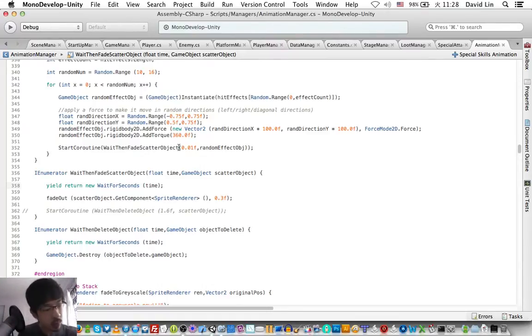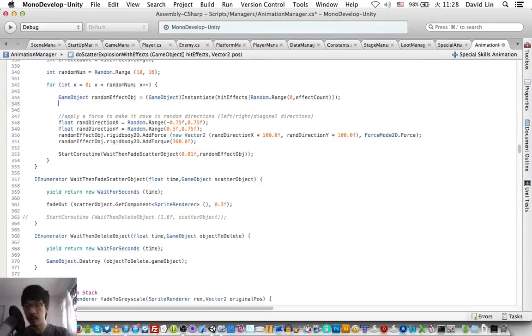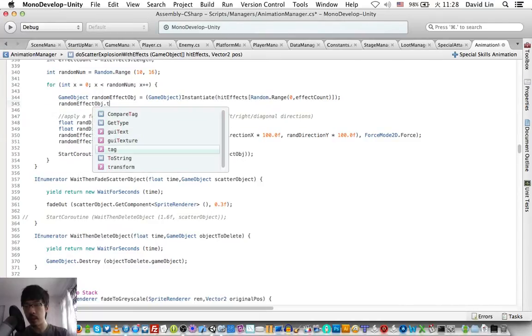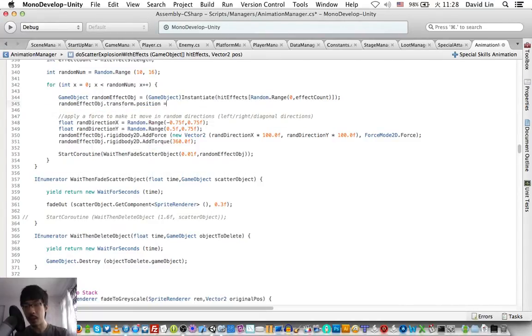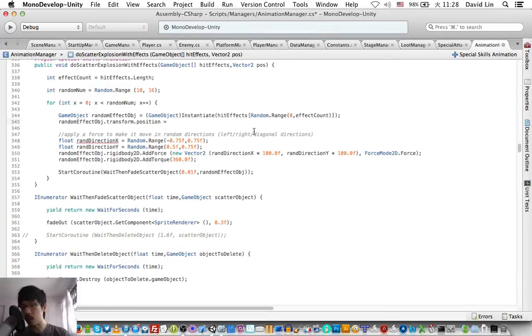Oh, okay, so I know what went wrong. We did not move the object to where we need it to be at. So that was why we did not see anything appear.